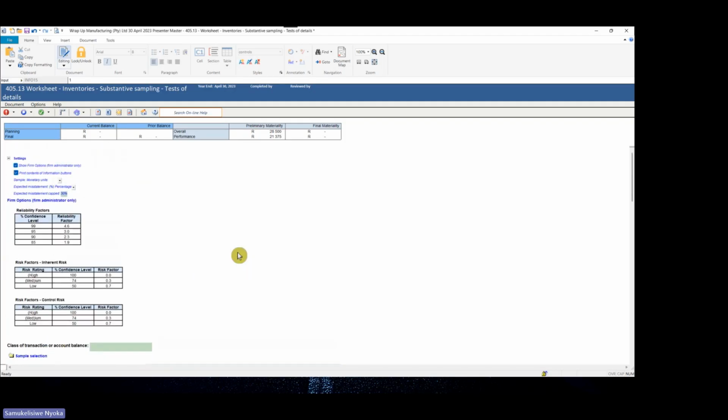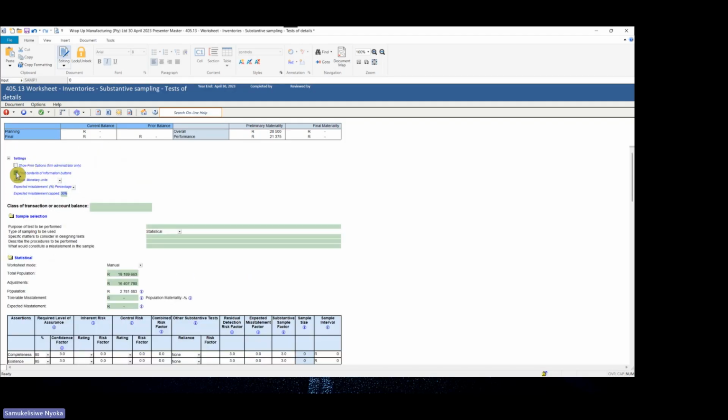All right, let us deselect these. We know what they do now. Then another one is determining how you want your sample. Do you want to sample from monetary units or from number of items? So whichever option you select here will determine how